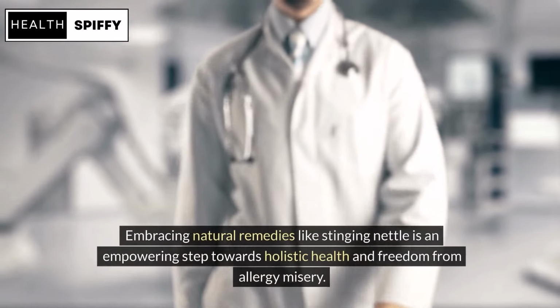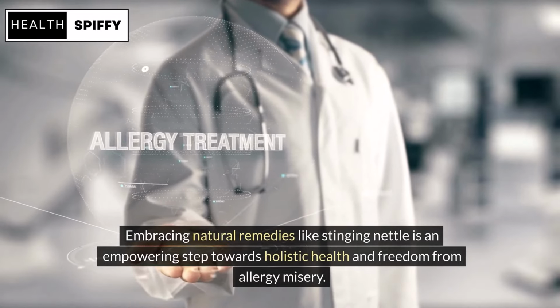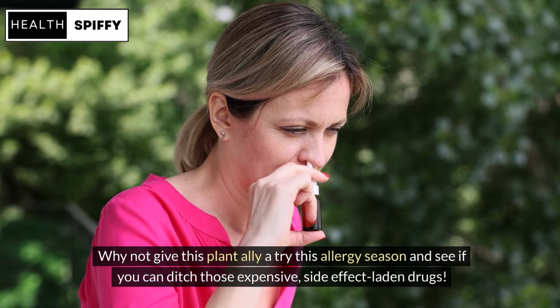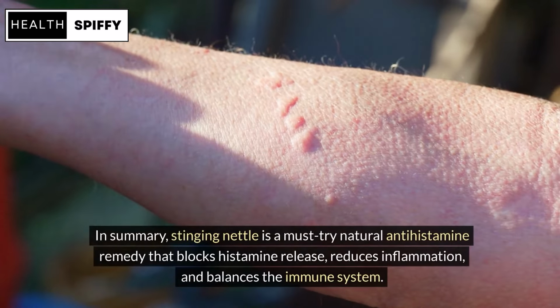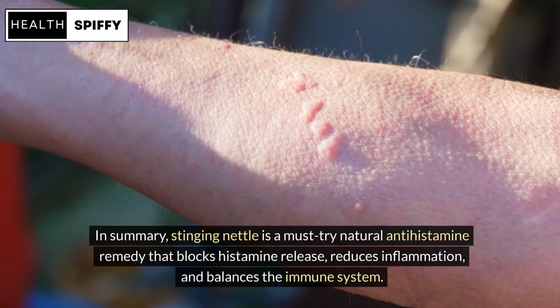Embracing natural remedies like stinging nettle is an empowering step towards holistic health and freedom from allergy misery. Why not give this plant ally a try this allergy season and see if you can ditch those expensive, side effect-laden drugs? In summary, stinging nettle is a must-try natural antihistamine remedy that blocks histamine release, reduces inflammation, and balances